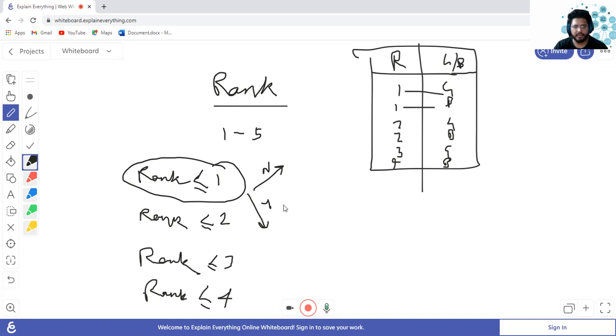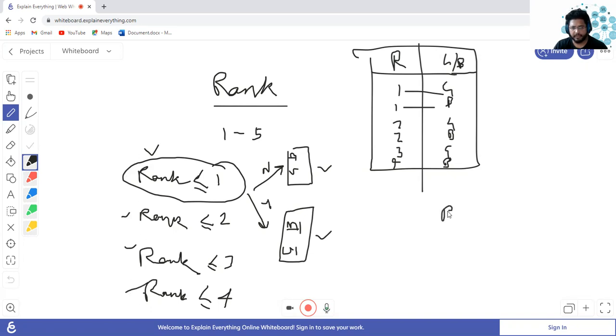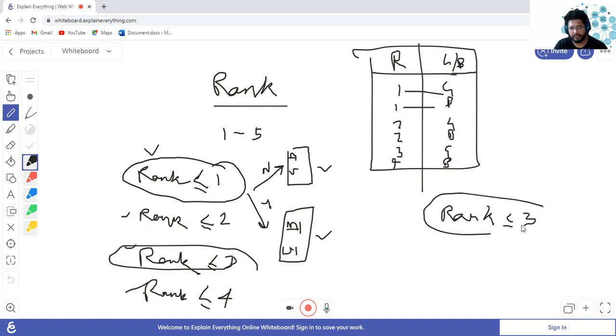Rank less than or equal to 1 is yes. How many? 2 are there. So good how many? Bad how many? Right? I can do this, and again no will be accordingly. Good how many? Bad how many? So I'll calculate the Gini impurity of these two, and then use those to calculate the Gini impurity of this one. Then whichever gives the lowest Gini impurity, that will be the first question, say this one holds the least Gini impurity. So this one will be the first question.